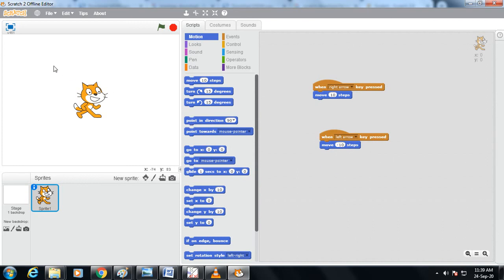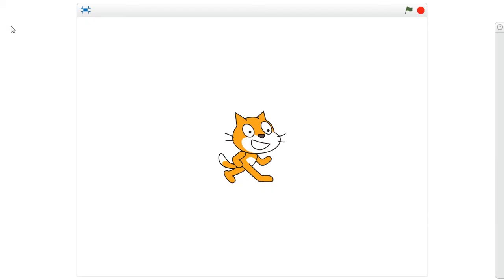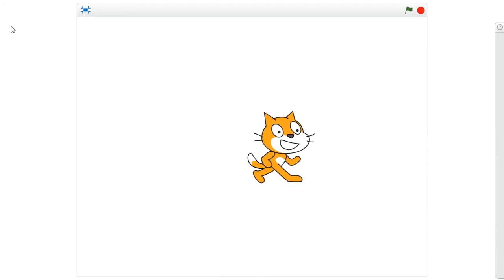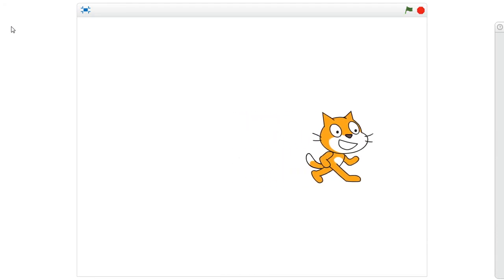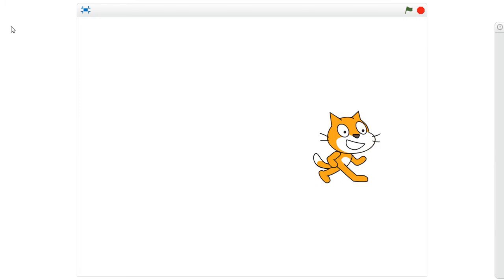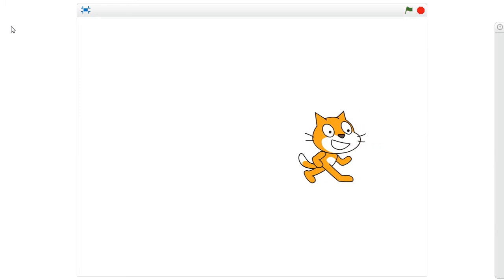Now we have to move this character. How? Click on this option, the square over here, just click. Now you need to press the right key. See, your character is moving in the forward direction. Now you need to press the left arrow key.